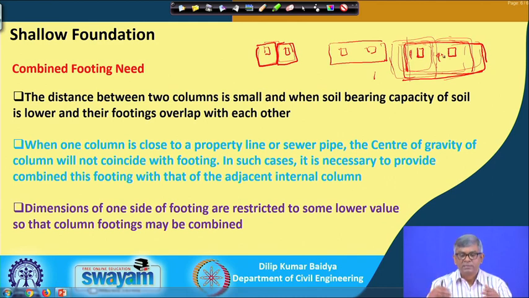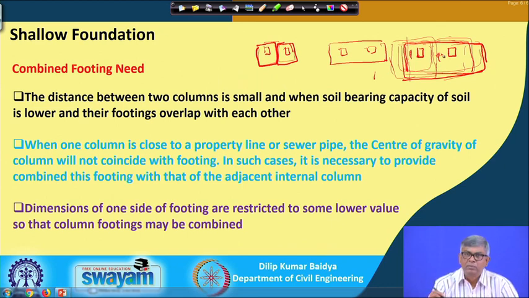And similar to that, again sometimes the footing cannot go beyond this line on one side, or the footing cannot have this side dimension because of the Suez line and some other line, so you cannot give the particular dimension of the footing in a particular direction. In that case also we go for this type of combined footing.